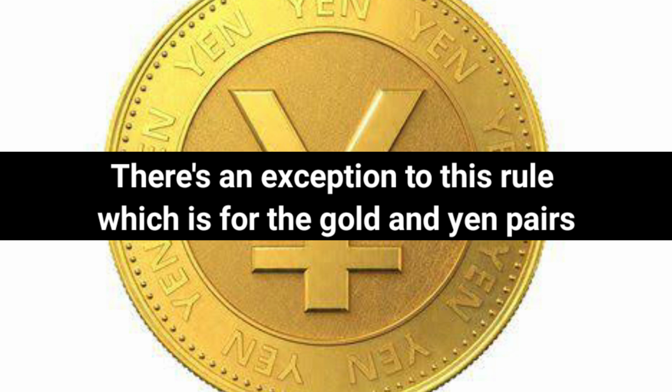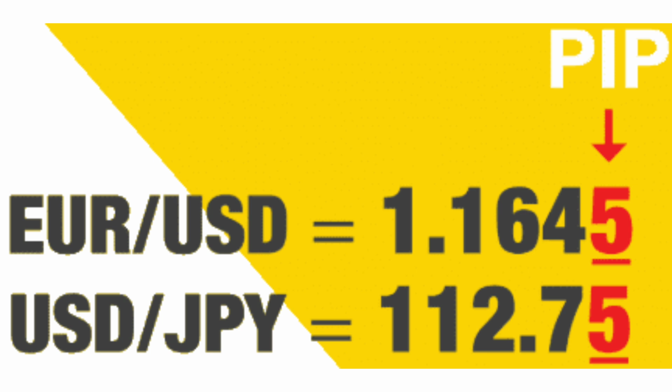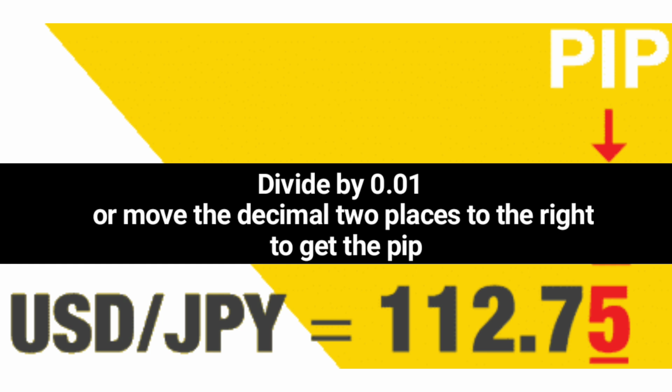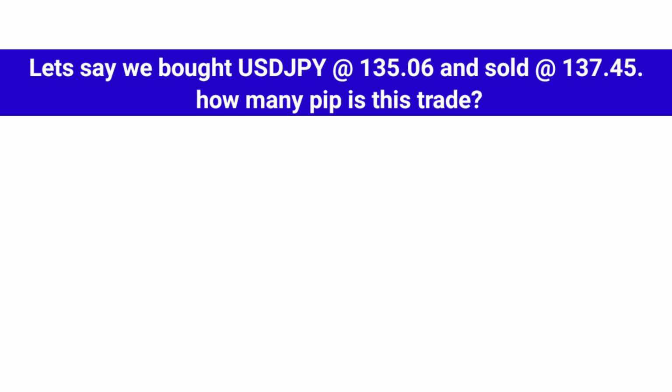There's also an exception to this rule, which is for the gold and yen pairs. This time around, the PIP is the second digit after the decimal. Yes, as you can see here, using the USD JPY, which is 112.75, the 5 right there is the PIP. So the PIP is the second digit after the decimal for yen and gold pairs. Here we can either divide by 0.01, or we can move the decimal 2 places to the right to get the PIP. So let's say we bought the USD JPY at